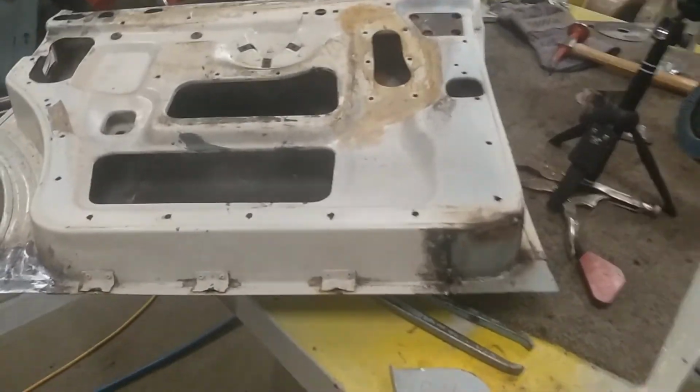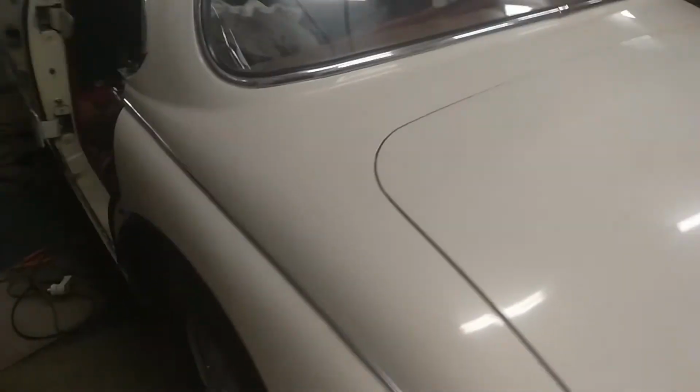Hopefully I'll get that finished tomorrow without interruptions and taking kids for bike rides and all the other freaking stupid things that go on around here at the moment. But anyway,